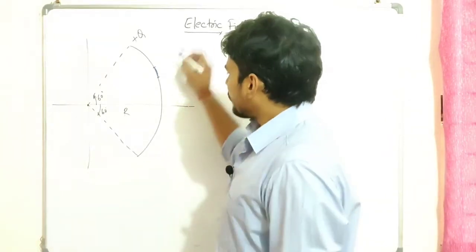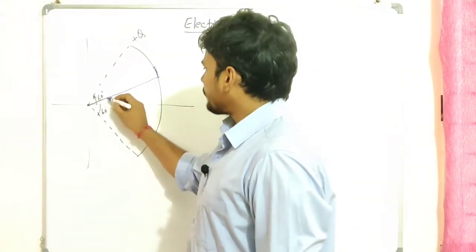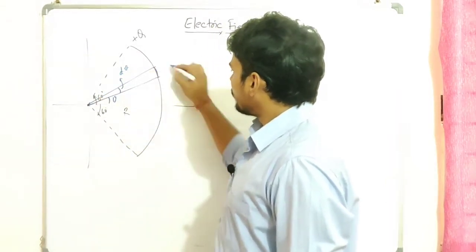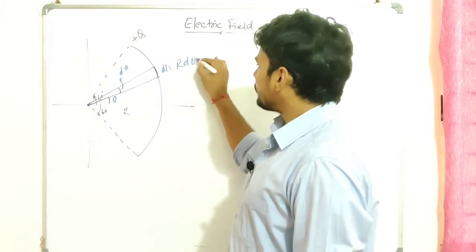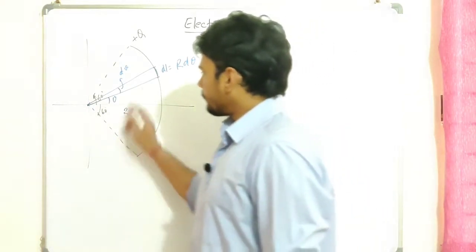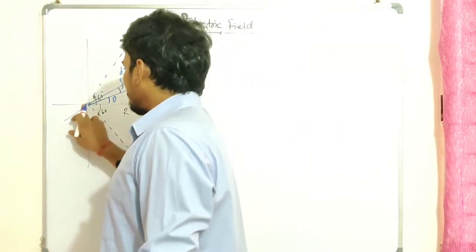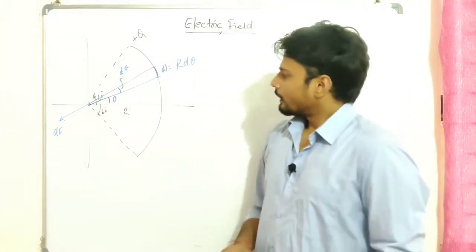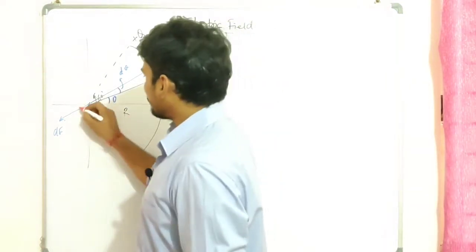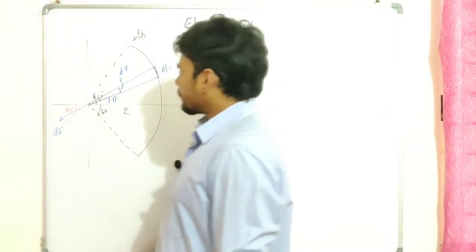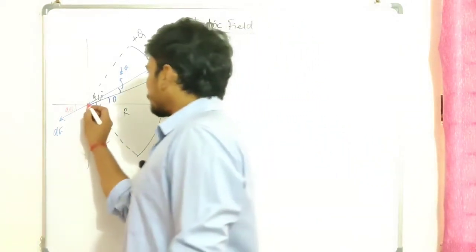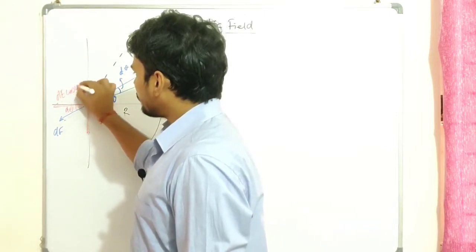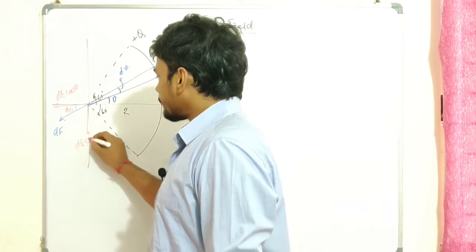Alright then, no problem. So let's say this is at an angle of theta over here, and the small length is making some small angle d theta over here. So this small element should be nothing but r d theta. That's a very normal thing. Now the electric field because of this, let me make it properly, dE is in this direction. Now as we know this angle is theta, so this one should also be theta. So it will have two components, one along this and one along this. This is going to be dE cos theta and this is going to be dE sin theta.